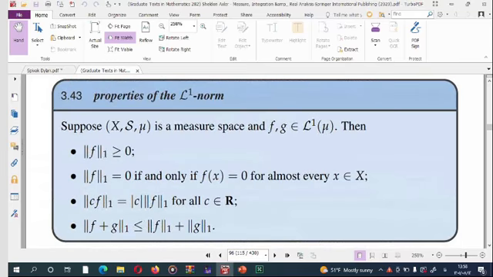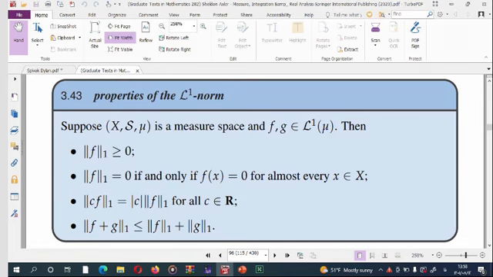Properties of the L1 norm. Suppose (X, S, mu) is a measure space and f and g belong to L1 of mu. Then these four properties are very obvious. One, the norm 1 of any S-measurable function